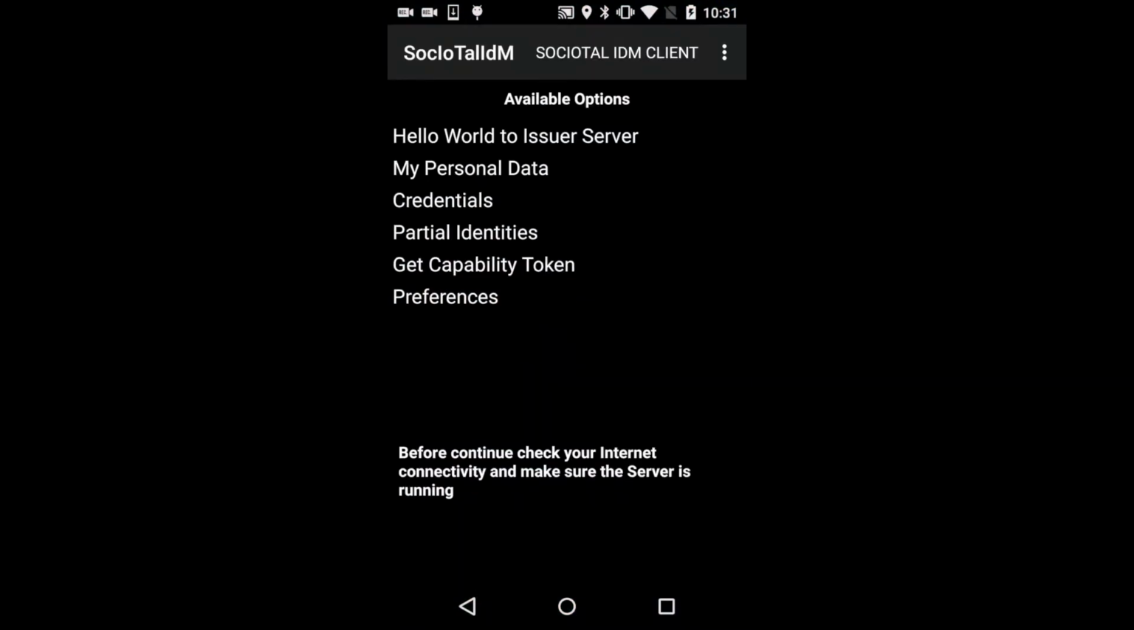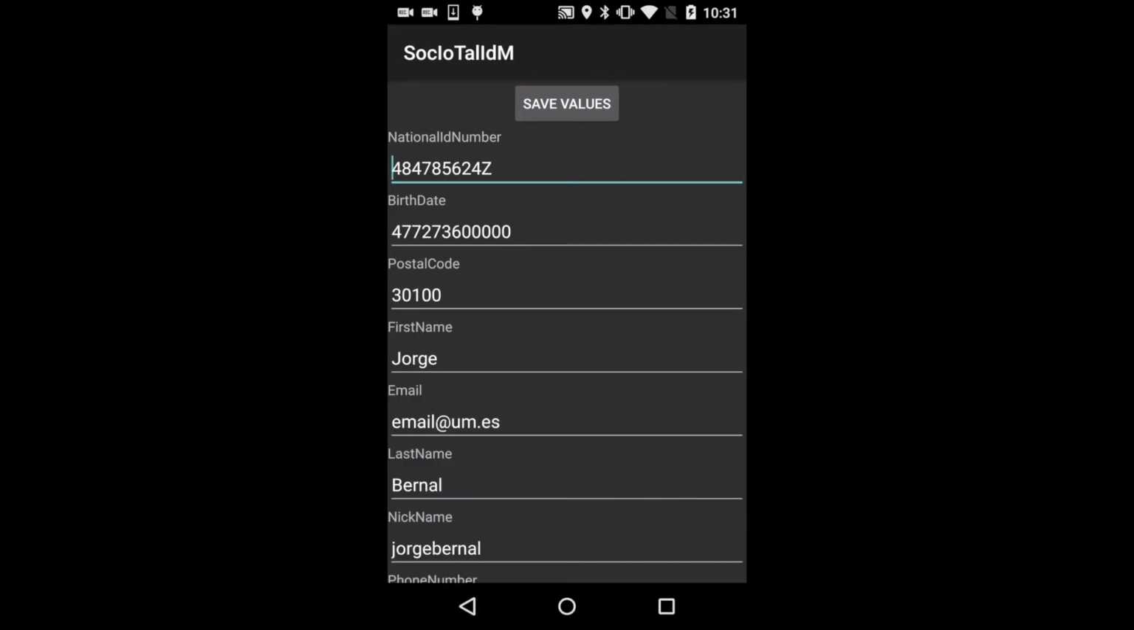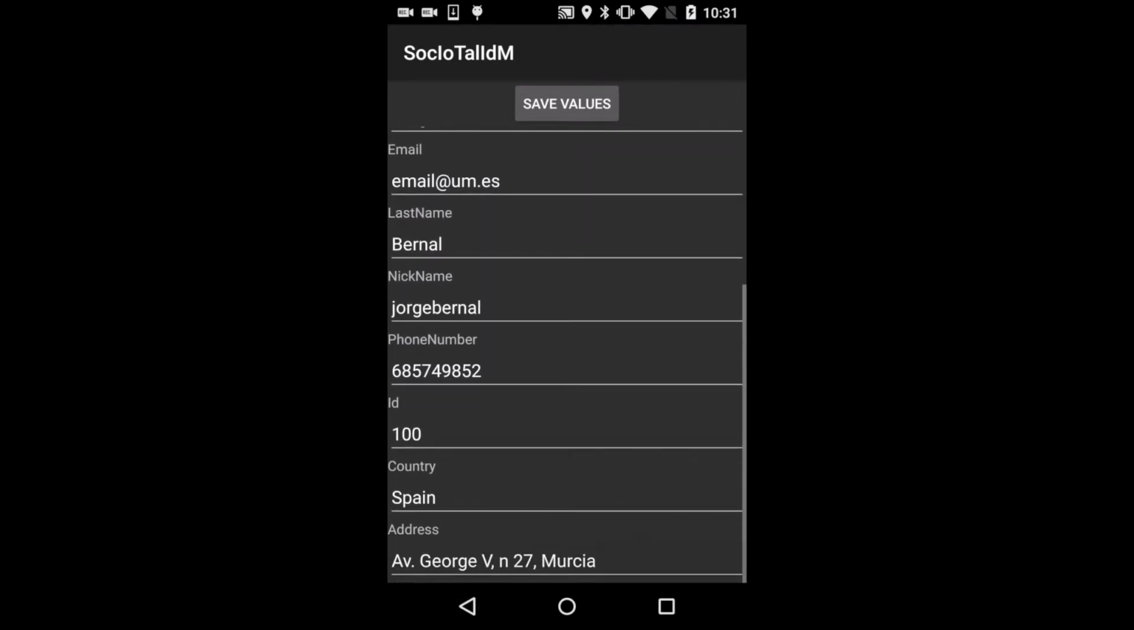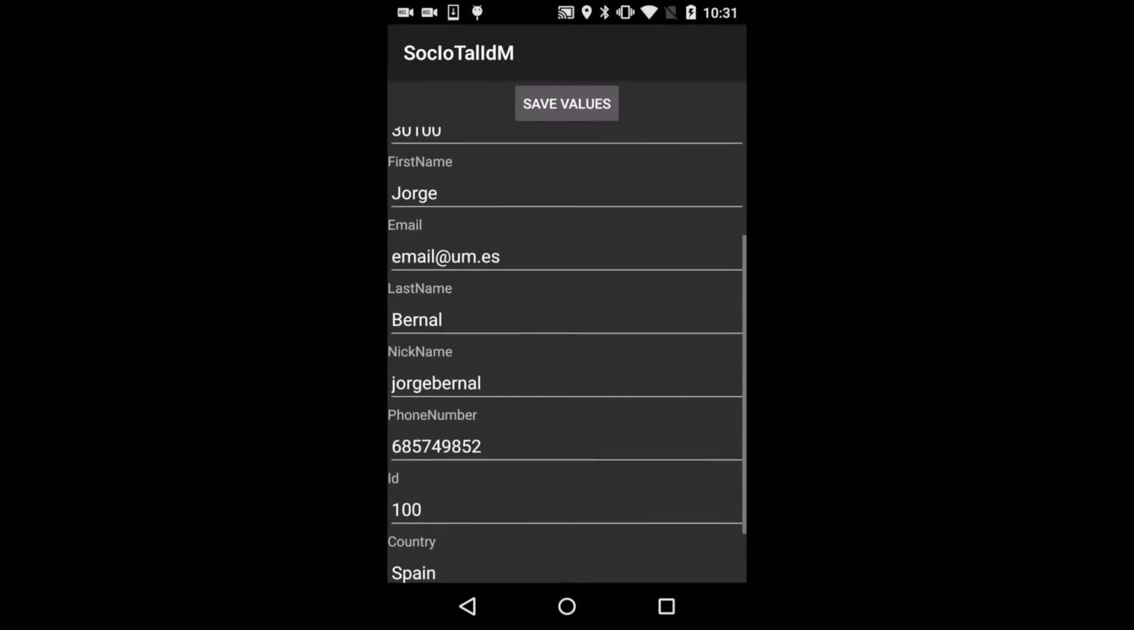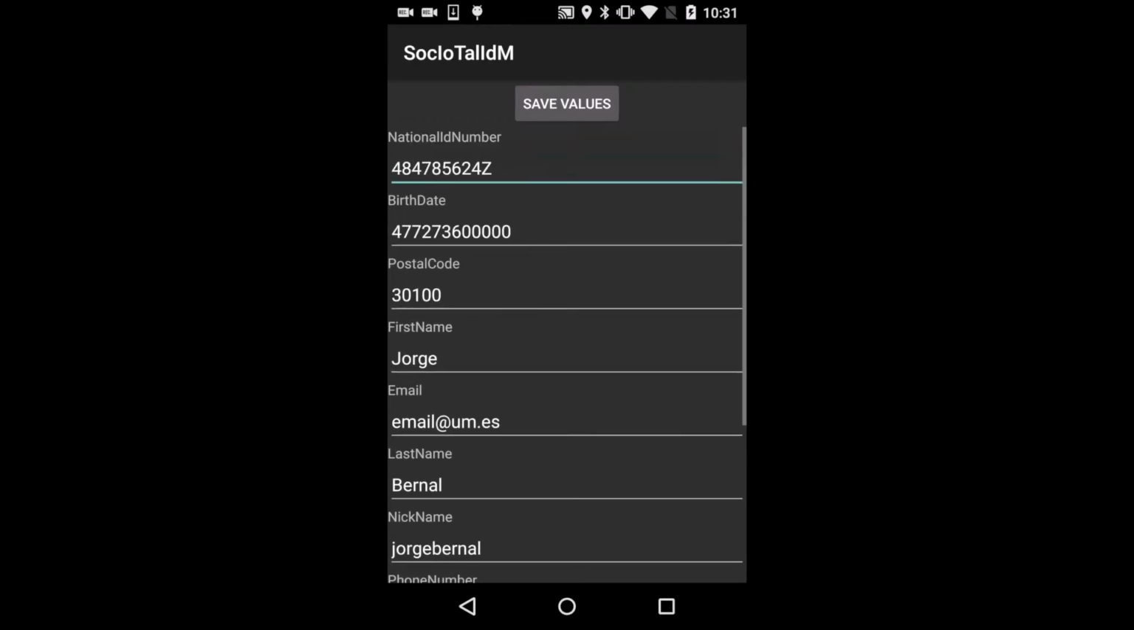The SocIoTal IDM app allows users to manage their Idemix credentials obtained from the issuer server, as well as manage partial identities derived from the obtained credentials. In the My Personal Data option, the app allows the user to customize his attributes, representing the user's values prior